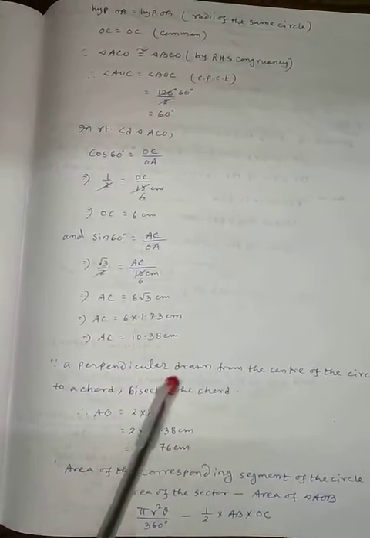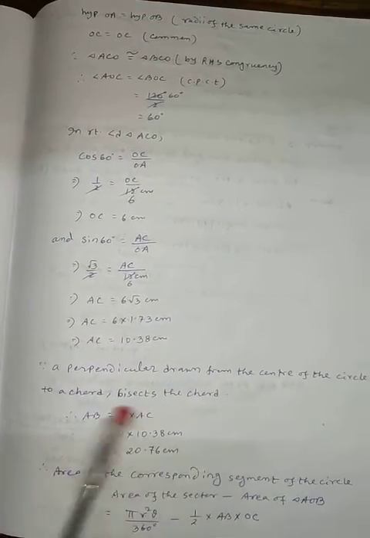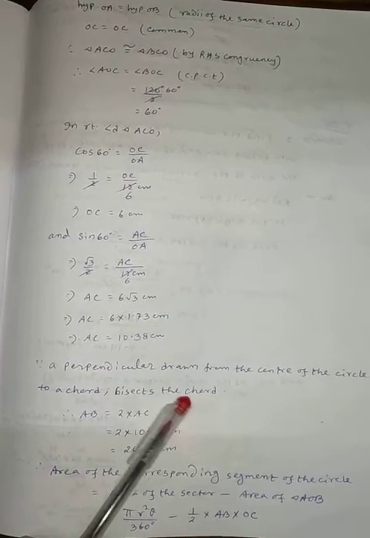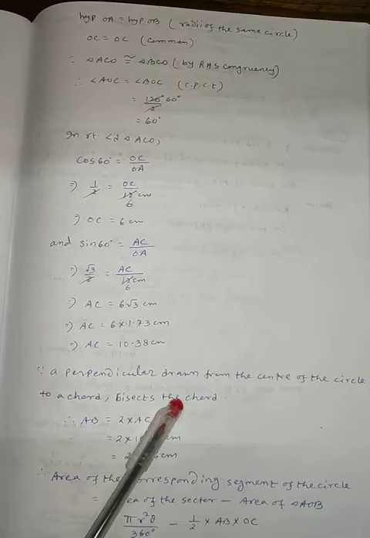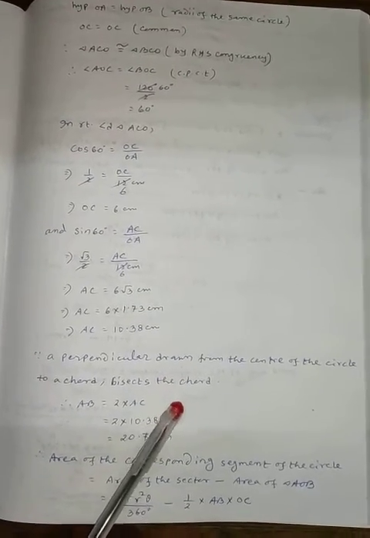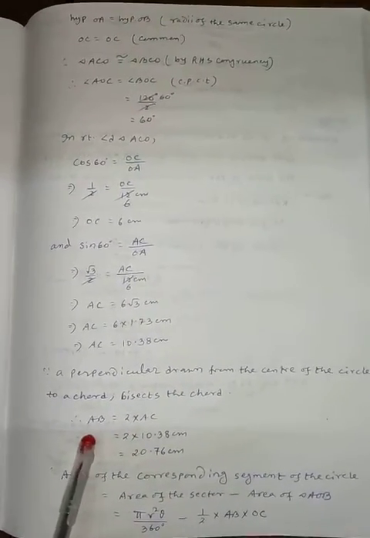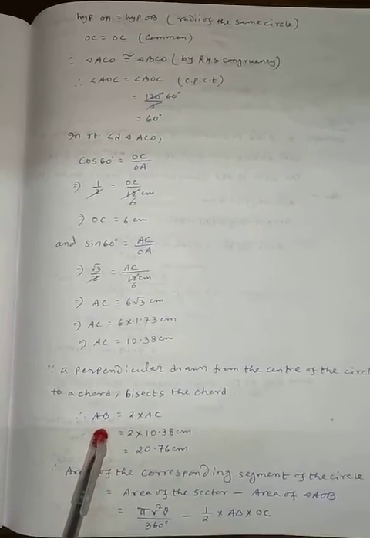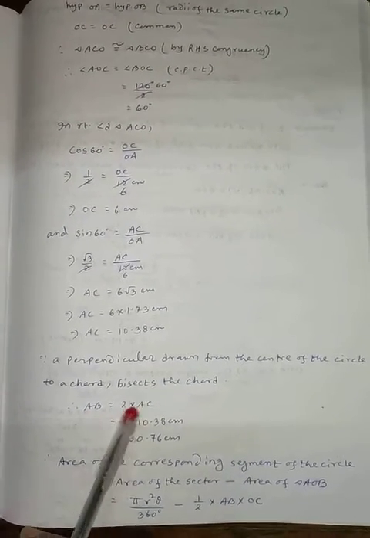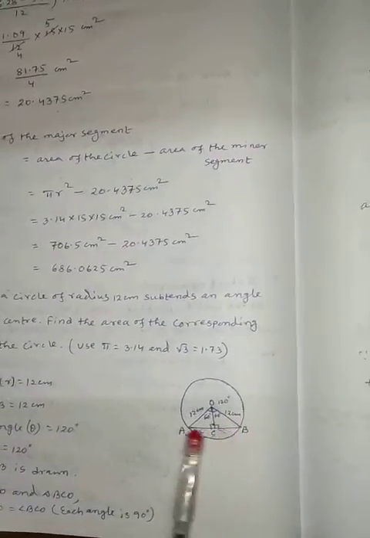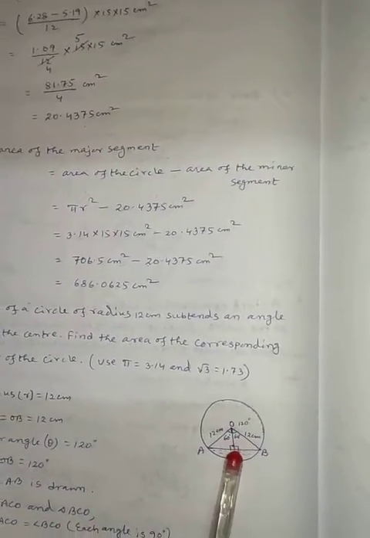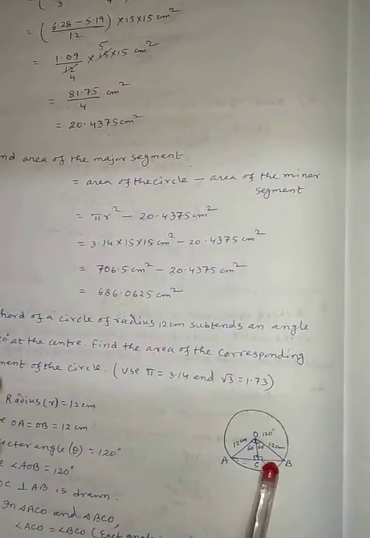Now since a perpendicular drawn from the center of the circle to a chord bisects the chord, class 9 geometrical property, since perpendicular OC is drawn from O towards the chord, that's why it is to bisect the chord. If it is so, in the sketch AC and BC will be same measure, so AB should be equal to double of AC, because AC and BC both are equal. Whenever a perpendicular is drawn from the center of a circle to a chord, it is to bisect the chord.